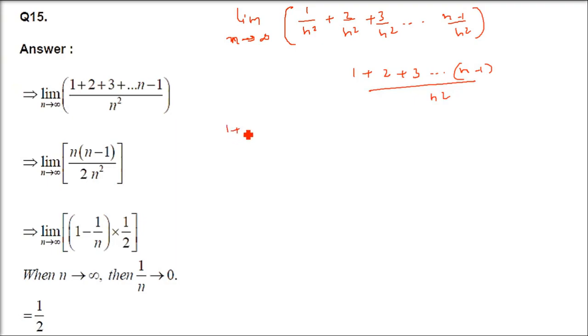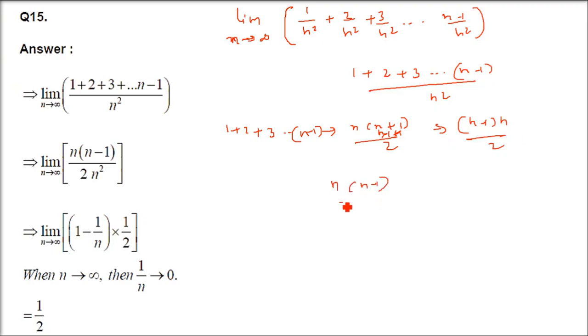So you know 1 plus 2 plus 3 till n is what? It is n(n plus 1) by 2. But when we are dealing only up till n minus 1, just replace n by n minus 1. So it will be (n minus 1)(n plus 1 minus 1), so this gets cancelled, you have n. So (n minus 1)n by 2 is the answer. So the sum till n minus 1 will be (n minus 1)n by 2.